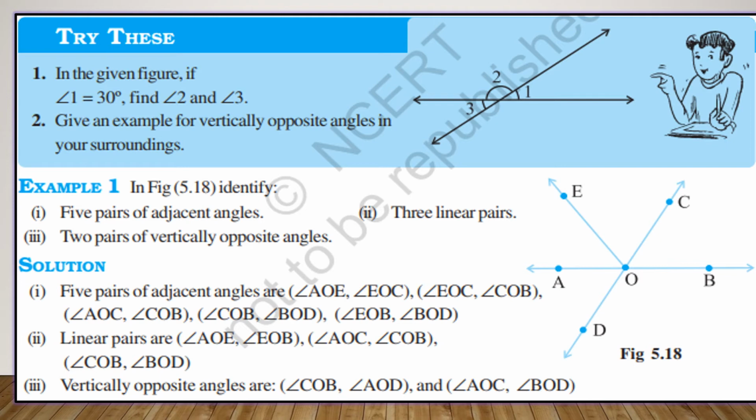Third one is 2 pairs of vertically opposite angle. You know which are vertically opposite angles. Okay, 2 lines crossing each other. Crossing lines to be taken. Otherwise, you cannot take any vertically opposite angle. Here, OE is a ray. It is not a line. It is not crossing. Therefore, you don't want to look at that OE. The remaining 2 lines you can take, that is AOB and COD intersecting at O. Therefore, the vertically opposite angles formed are COB and AOD. Similarly, another pair is AOC and BOD. These are the 2 pairs of vertically opposite angles.